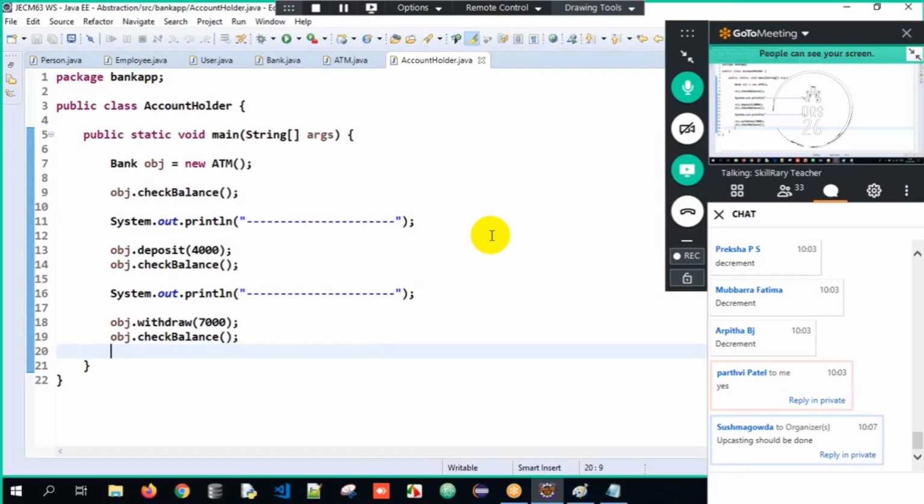Everywhere it's abstraction, guys. You take your phone, type the number, dial and call, and you can talk to your friend. But how is it done internally? You have no idea. You're watching TV, you want to change the channel, you have a remote, you change the channel. But how is it happening internally? So everywhere it is abstraction.